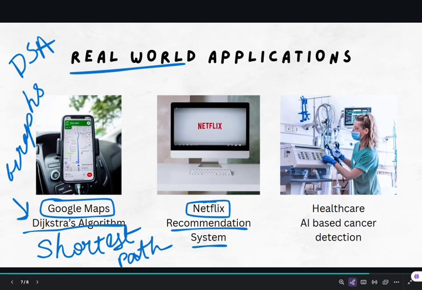Okay, so what Netflix does is that, see, for example, if I saw Queen of Tears and what's another K-drama that's related to it? Maybe Marry My Husband. So then Netflix will see that I'm more interested in dramas around someone's married life, right? So then it will recommend me other dramas that are like that. So that's basically a recommendation system, that it will see my choices and give me other related recommendations based on the data collected. So this basically comes under ML, and we will also learn more about this in the coming playlists.